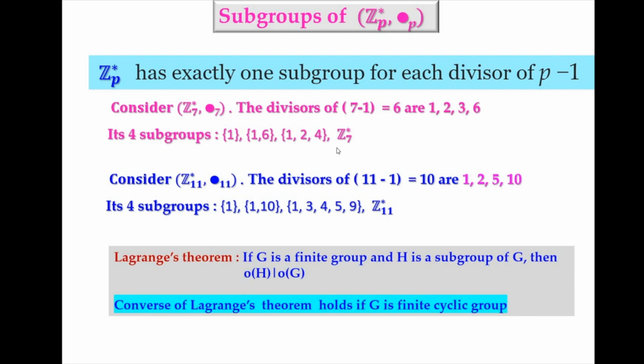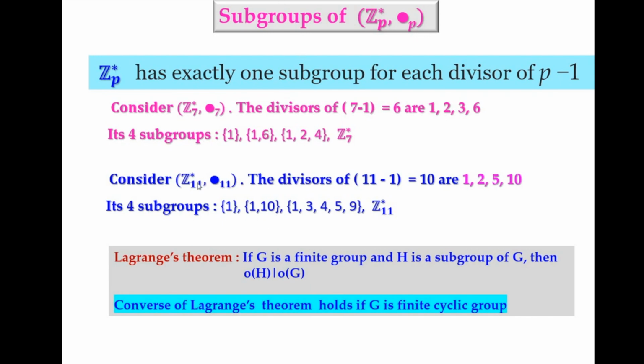There are 4 subgroups known, and the other subgroups are determined in this way. You find the generators. All those generators will account for this group, which is a group as well as a subgroup. And the remaining elements have some order. Remember that even that order should be a divisor of p minus 1. So from that, the elements that are left out will be generating a subgroup, and they are nothing but the subgroups that we have mentioned here.